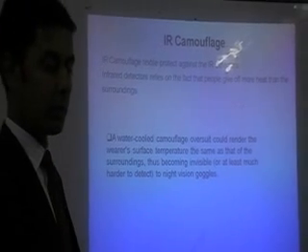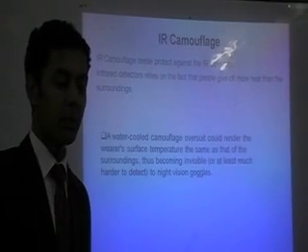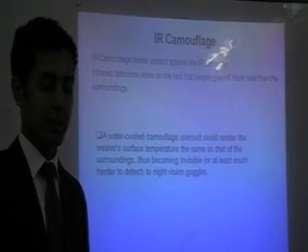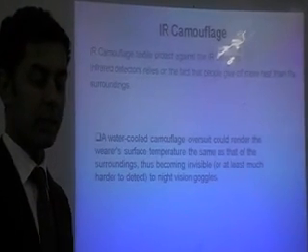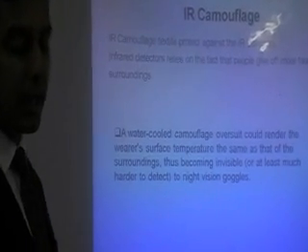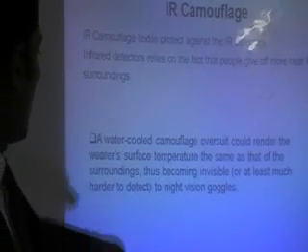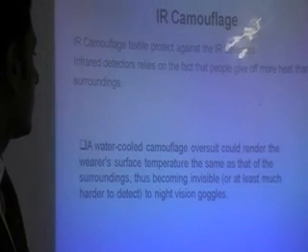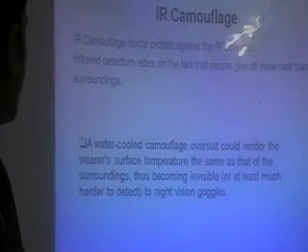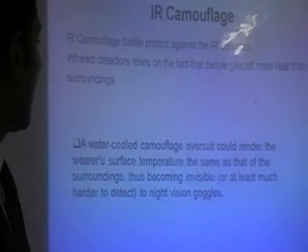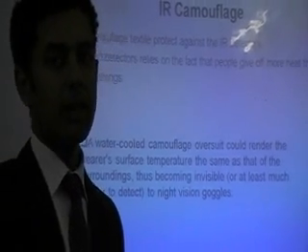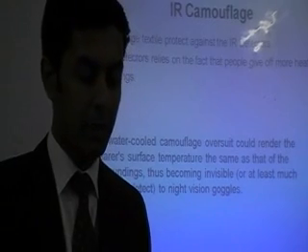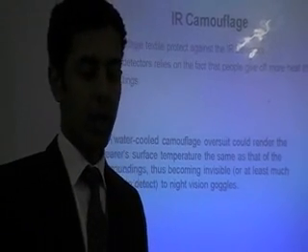Now coming to IR camouflage. IR camouflage textile products against the IR detector. Infrared detectors rely on the fact that people give off more heat than the surroundings. Now, a water-cooled camouflage over suit could render the wearer's surface temperature the same as that of the surroundings. So if the temperature of the wearer and the surroundings is the same, you cannot detect it even through the IR